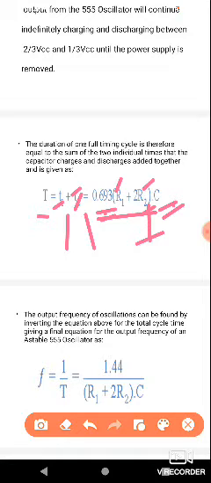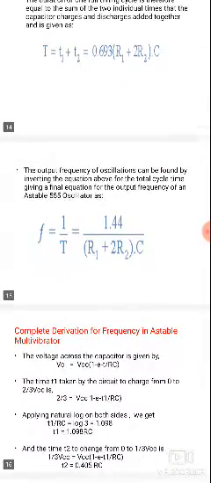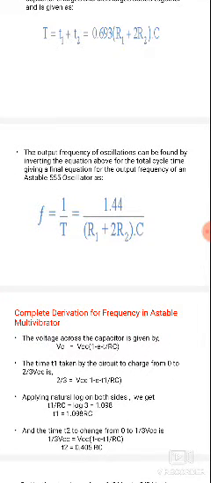The charging time constant is 0.693 into R1 plus R2 into C. Discharging is 0.693 into R2 into C. Taking 0.693 into C common, we get R1 plus 2R2. Next, the output frequency of oscillations can be found by inverting the above equation for the total time cycle, and the final equation of output frequency of an astable